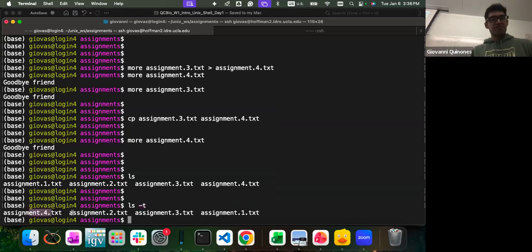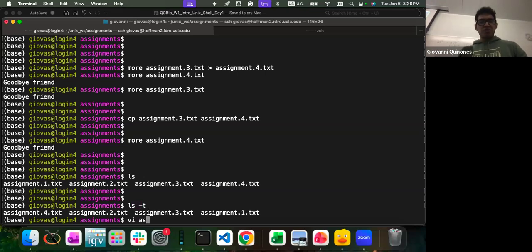So you see your assignment 4 comes first, followed by assignment 2, which is the one I modified the latest, assignment 3, and then assignment 1. Now notice that with assignment 3, I'm doing more stuff, and I'm copying and all of that, but none of this really changes anything about assignment 3. When you print the file, you're not changing anything about the file, right? And this time sorting indicates it's sorting the files by the latest modification time of the file.